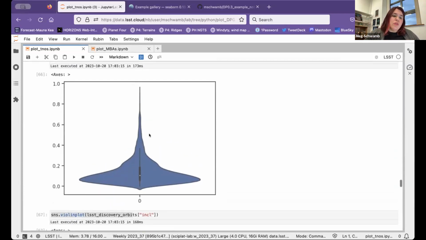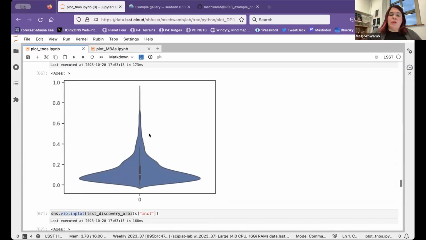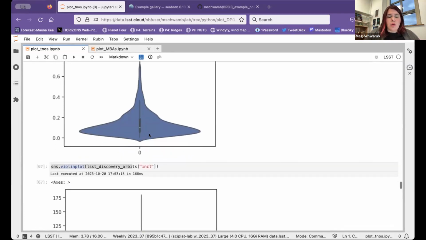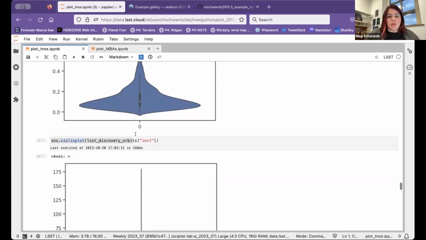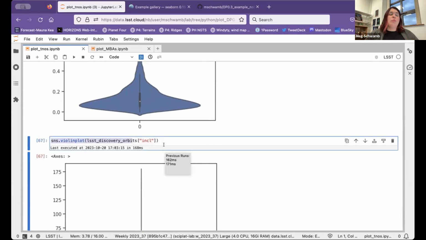This one is eccentricity. There's ways to combine these plots into one. I have a student, Brian Rogers, who did a little bit of work trying to create a little package that helps do that for some of these distributions, that we're going to hopefully rework a little bit for DP0.3 so that we can help people use this. But just to highlight that the violin plots, lots of plots in seaborn and different ways of showing it can